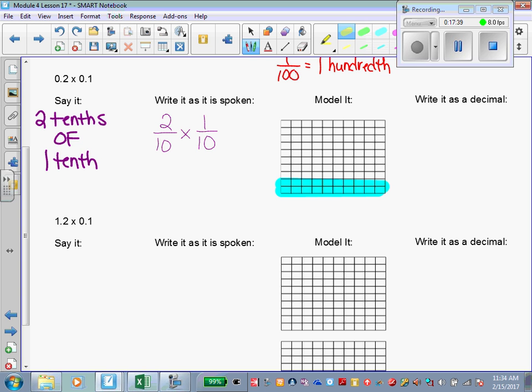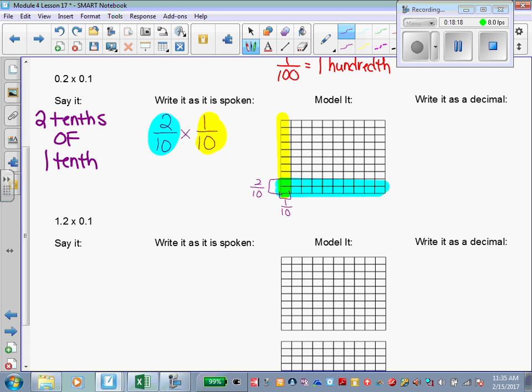And now I want to shade in 1 column. So this 1/10 is represented by my yellow. The 2/10 is represented by the blue. And what we're looking for is the combination of both yellow and blue. So 1/10 the opposite direction. And what do we see? How many boxes are the combination of both the 2/10, so this is the 2/10, and this is the 1/10,